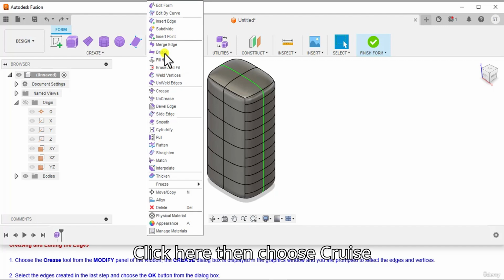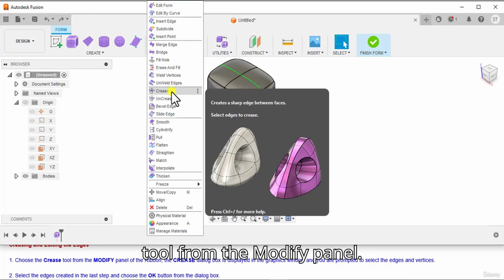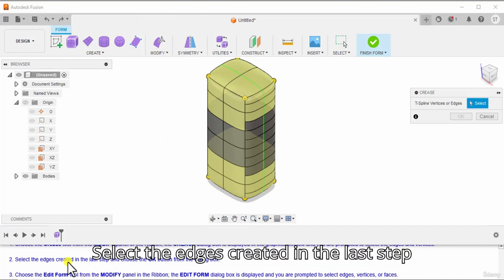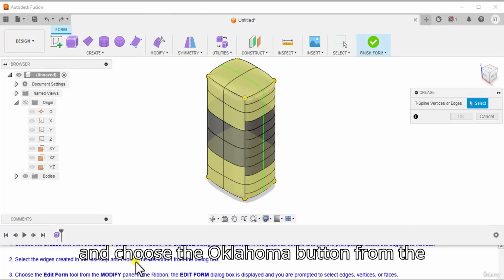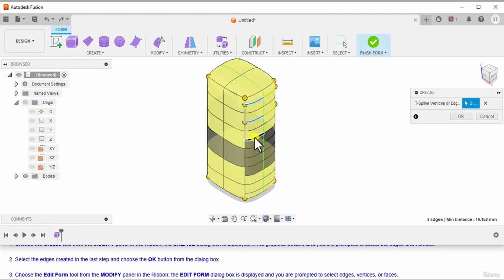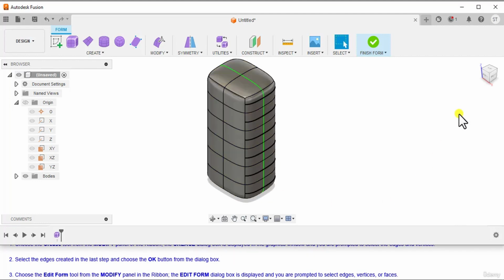Select the edges created in the last step and choose the OK button from the dialog box.